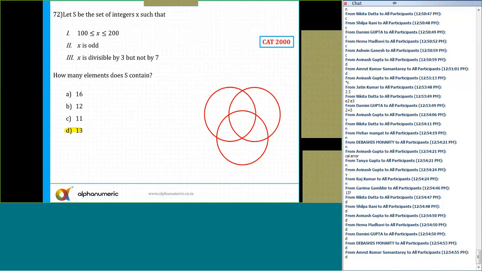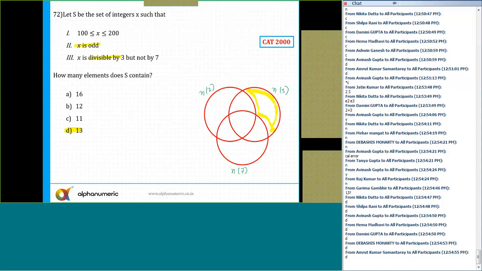Alright. So first of all, here I'm writing the number of numbers which are multiples of 2, the number of numbers which are multiples of 3, and the number of numbers which are multiples of 7. But we are looking for an odd number which is divisible by 3 but not by 7. So we are basically looking for x that is odd, divisible by 3 but not by 7. Can you say we are looking for just this region, this yellow shaded region which I have shaded yellow?